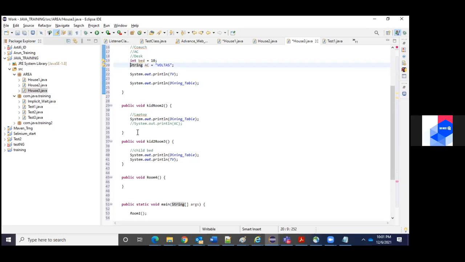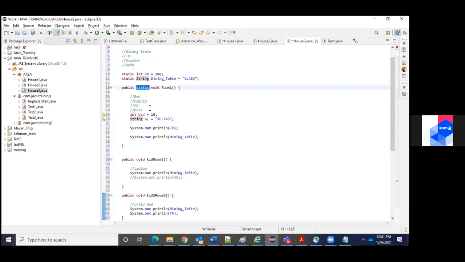If you did not provide the keyword static here, if you remove this, it's a non-static method. If you define it, it's a static method. We will see what is the use of static, why I need to use it, and what is the necessity for that. We'll look into that. Now we just understand the methods are of two types: one is static and one is non-static.